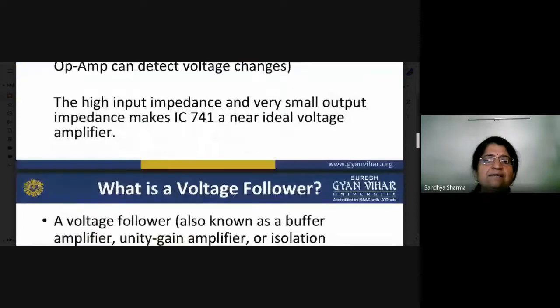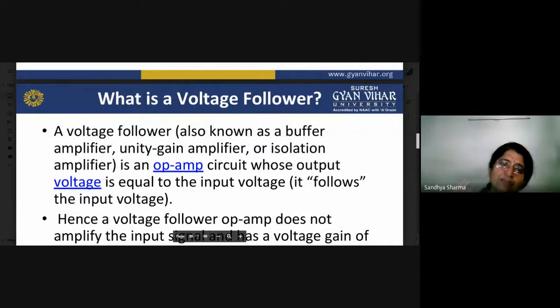So basically it is a voltage amplifier, and by using this voltage amplifier we can design different types of mathematical operations. Since we are working on the voltage amplifier, we have to start from the voltage follower circuits. So what about the voltage follower circuit in transistors? When we studied transistors in our first unit, we saw the emitter follower, and this emitter follower is also used in the operational amplifier,